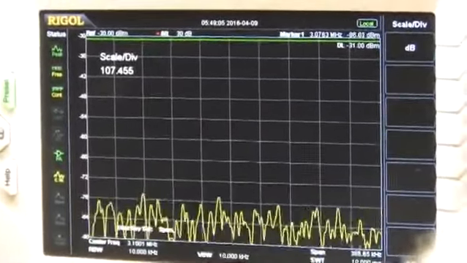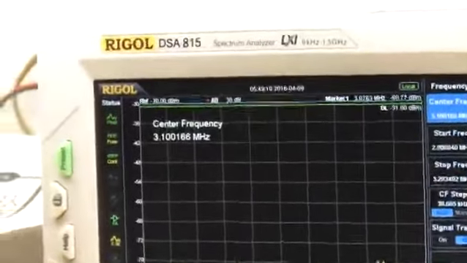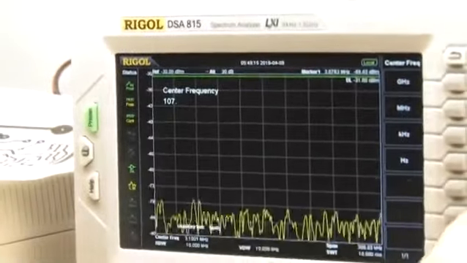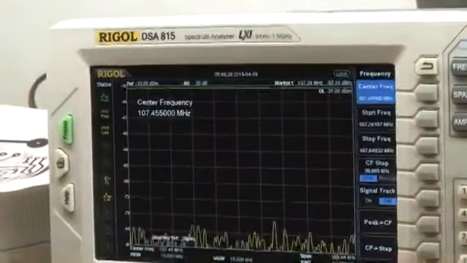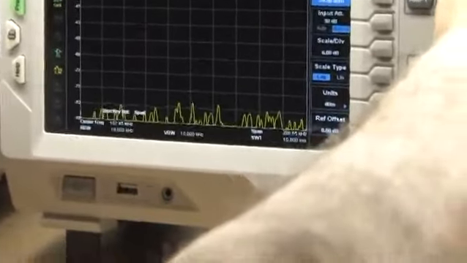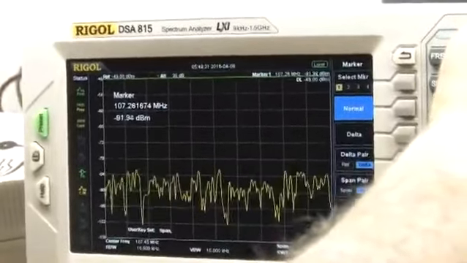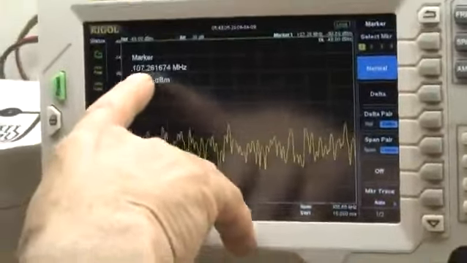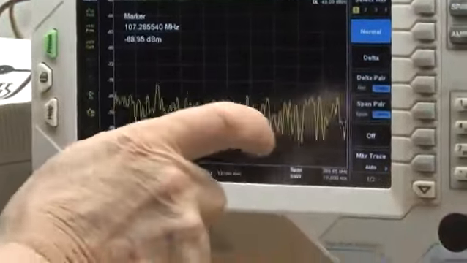107.455. But we have to tell it frequency, so we gotta go to a frequency of 107.455 and tell it megahertz. Now what it's going to do is it's just going to look for that frequency. Mm-hmm. And so what we want to do is 107. Well, it's way down here at this end. So that means we have to bring in this